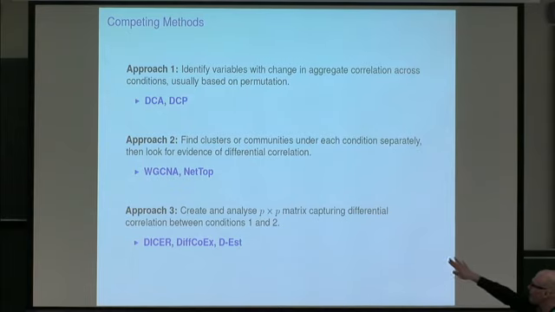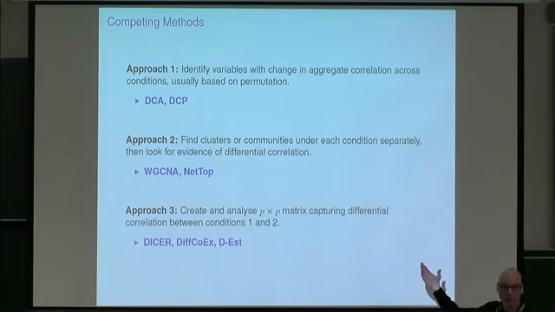And then there's the idea of just creating and analyzing the M by M matrix capturing the differential correlation between conditions 1 and 2. It's the difference R1 minus R2, or R1 hat minus R2 hat. Notice, this is important, we do not compute that, right? This is a big deal because when M is big, if M is 100,000, which it is in some fMRI data, you're hosed, right? Or you have to go out and find a postdoc who really knows how to compute and can figure out how to hold all the stuff in main memory, because it ain't going to stay in main memory when you have a matrix that large, right?